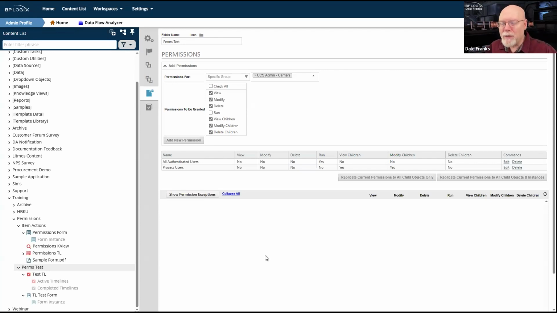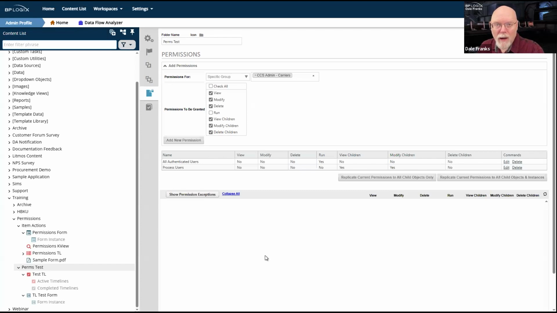If I'm allowed to delete children, then I must necessarily have the permission to modify them. And if I have permission to modify child objects, then obviously that must include the permission to look at the children. So I must have view children properties as well.